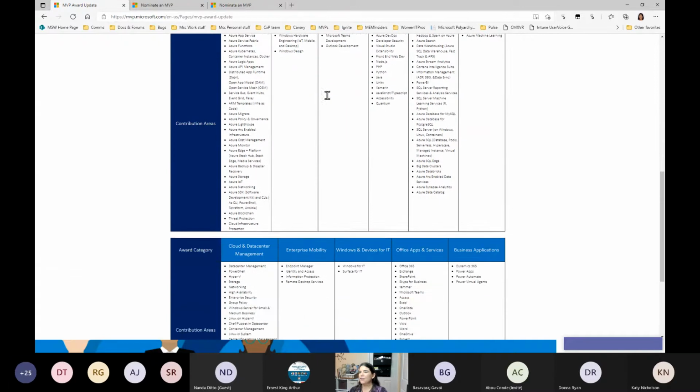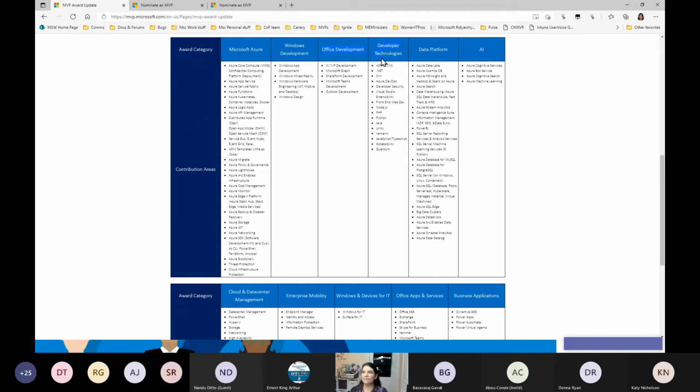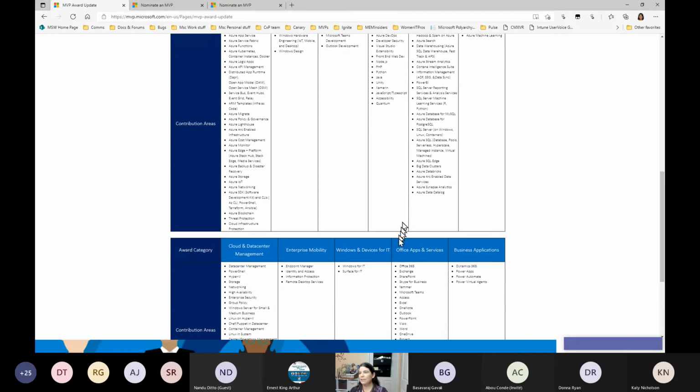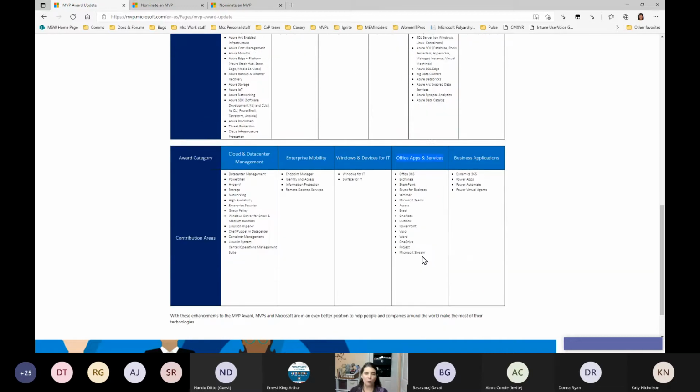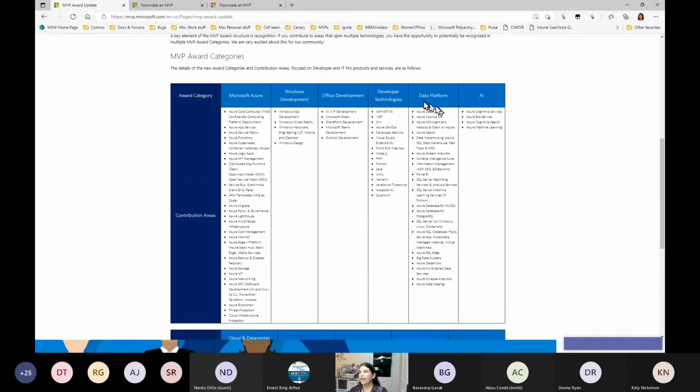And then same thing in terms of Office. So we have Office development, diving into graph, even though there's graph in Mem, and we have a lot of people who write about graph content. Really the all-up graph piece would be here under Office development, whereas under Office and Apps and Services, that's where you're going to get all of the SharePoint and the Teams and the Word and the Excel pieces of it.